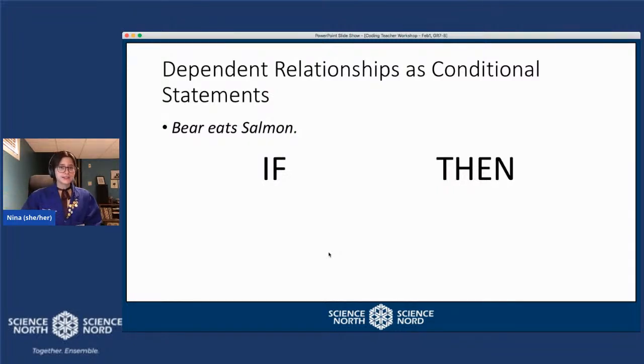Our handout sheets that are included with this lesson plan include exercises for your students to then pull interactions that they've observed from this activity and describe them using conditional statements, both with if-then formats and if-then-else formats. So for example,